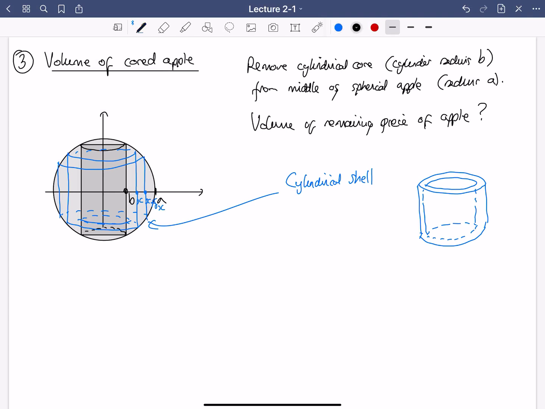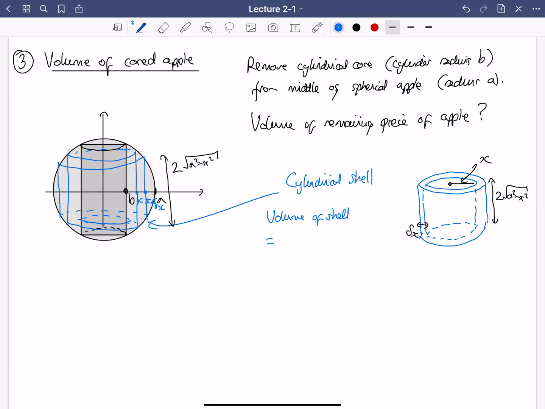So what have we got? We've got this radius here, that'll be x, and the height, that's this height in here, so that's twice y, so that'll be 2 root a squared minus x squared. And so it's just this little shell, right? So I'm looking at going from the cylinder at x to the cylinder at x plus delta x. So the thickness of this little bit of cylinder here is delta x. There's just the shell of this cylinder of thickness delta x. And the volume of the shell,